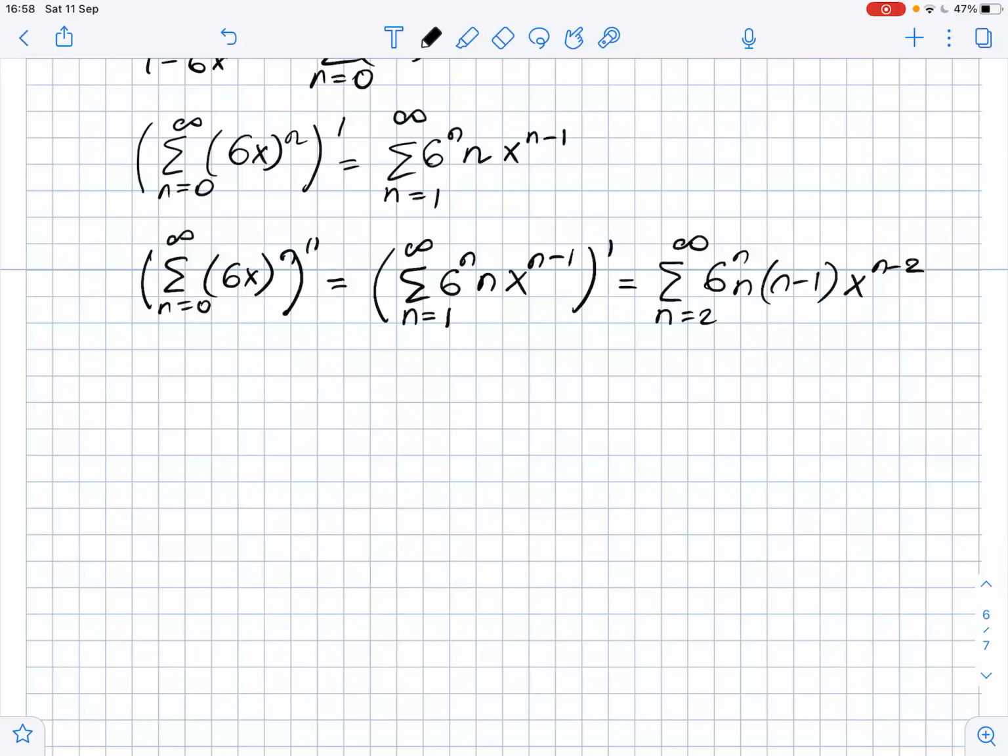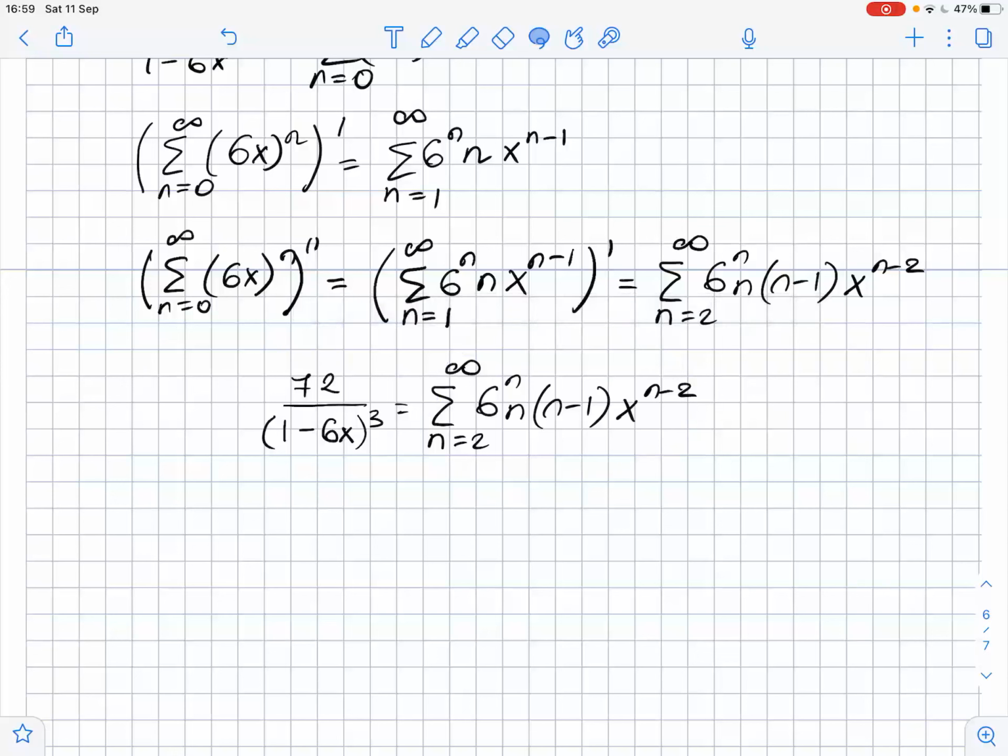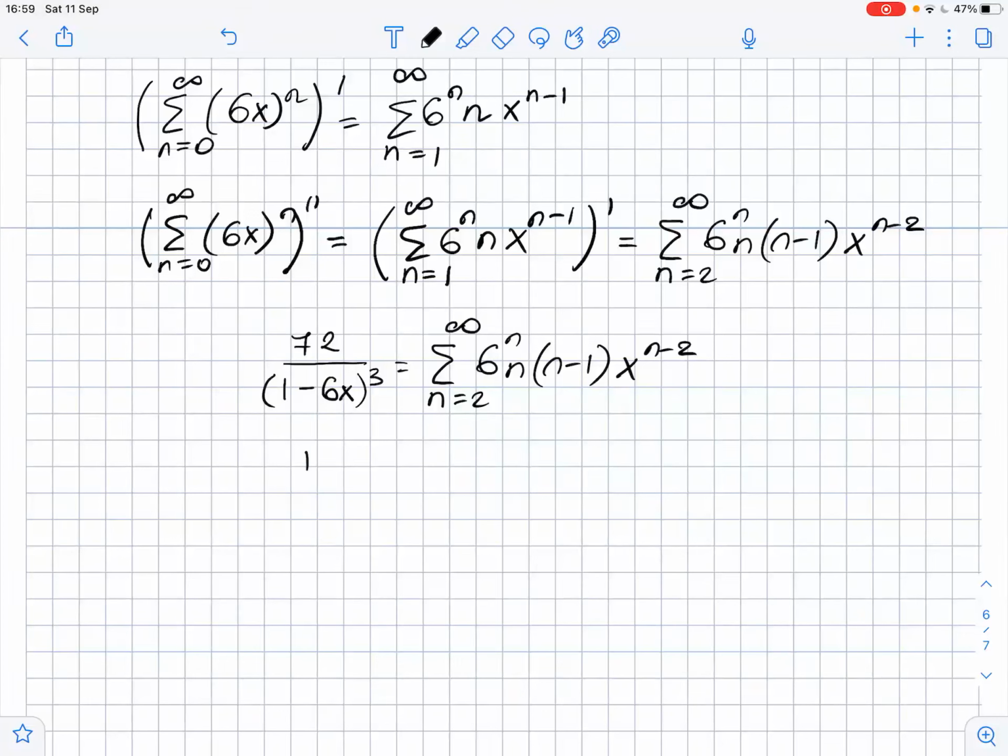So we get that 72 over (1 minus 6x) cubed equals this expression, this sigma notation. And now we just need to divide both sides by 72, and we get that 1 over (1 minus 6x) cubed equals 1 over 72 times the sum of